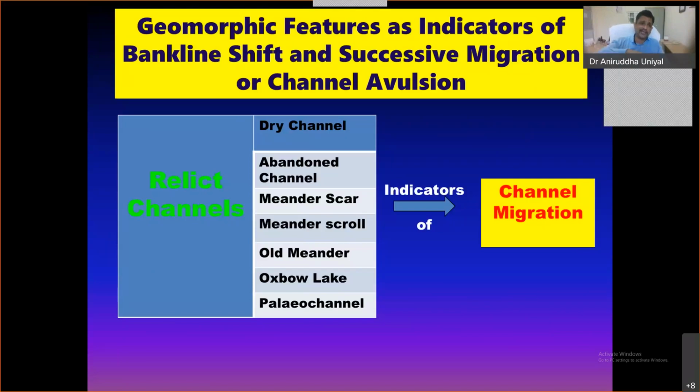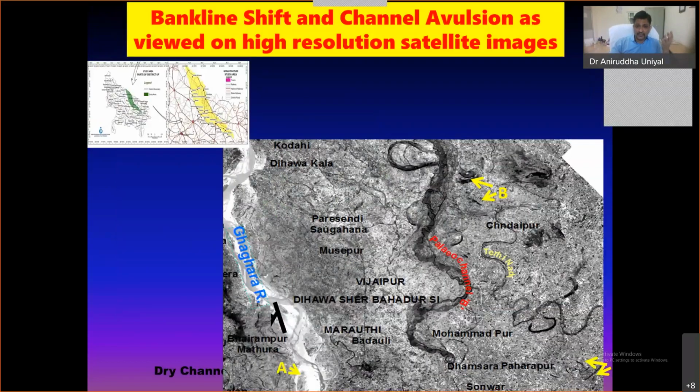And then the paleo channel is like when there are a number of old meanders, meander scars, making a peculiar curvy linear pattern, that is a paleo channel, which could be an old pathway of a river. So if we can map all these, wherein we can use satellite images, we will be able to map channel migration. How? This is here. Now, this is a paleo channel. And this is the Ghagra River, which is now named Saryu as well. It is a very important river of eastern UP, which witnesses floods almost every year. And its catchment includes many rivers which are emanating from Nepal.